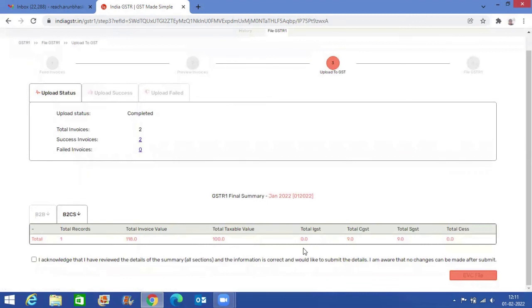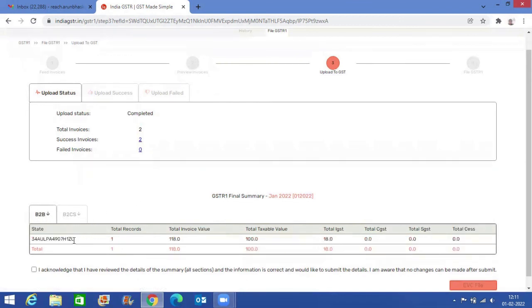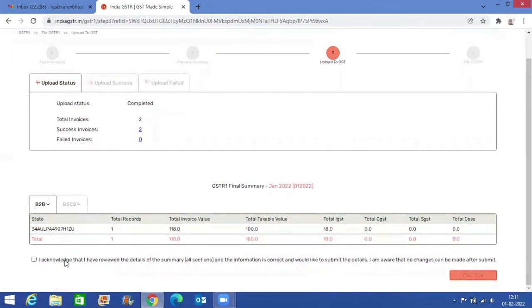So here you can see all this value. The same with B2CS. For B2CS, we only have a total. So here one record. Now if you are fine with this data, what we can do is click this